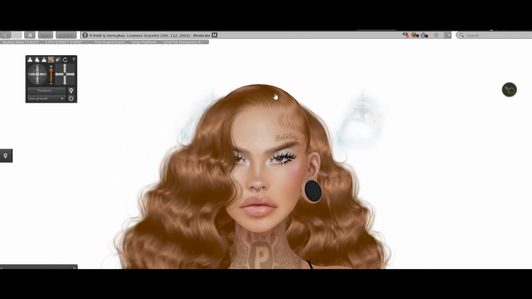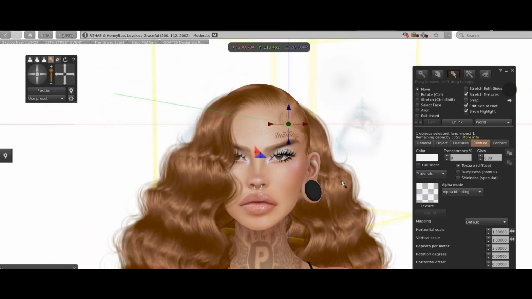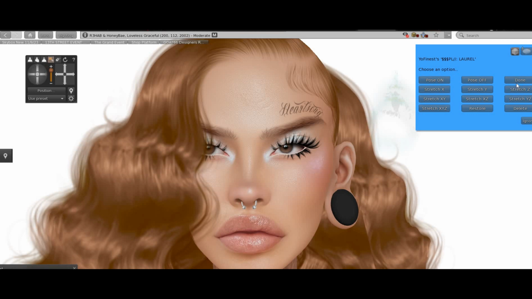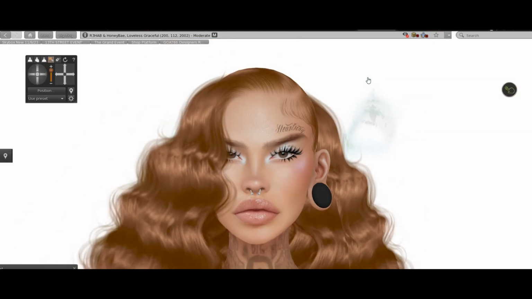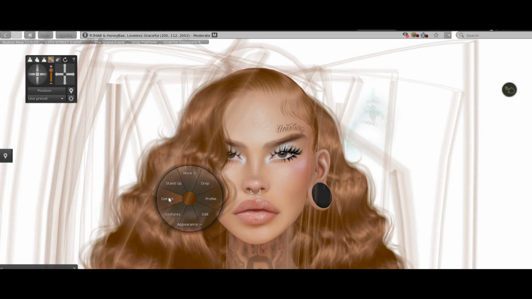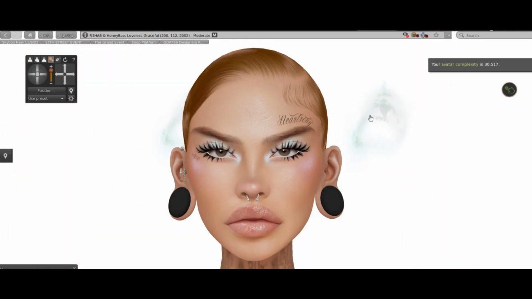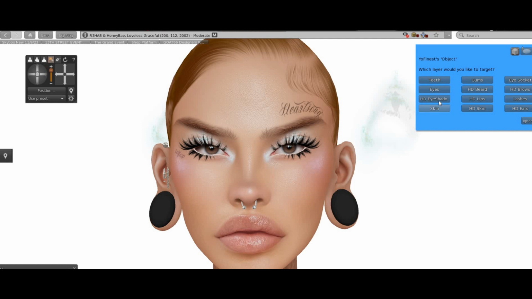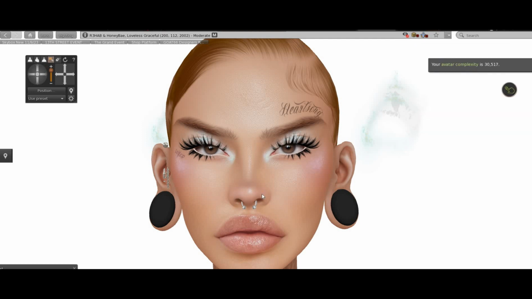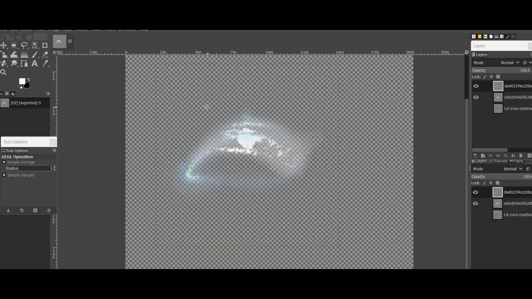I don't think I saw a difference. Hold on, let me see. Local, let's go back to 1. This is the thing about wearing flexi hair, like everywhere you click. So let's go bald. Alright, let's click on it, HD Eyeshadow, Diffuse. Yeah, there's not much of a color difference, so we're gonna have to